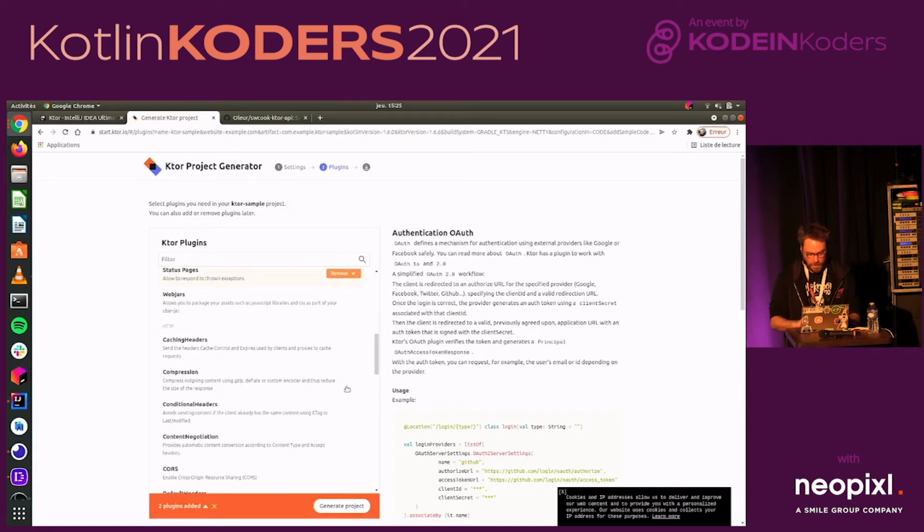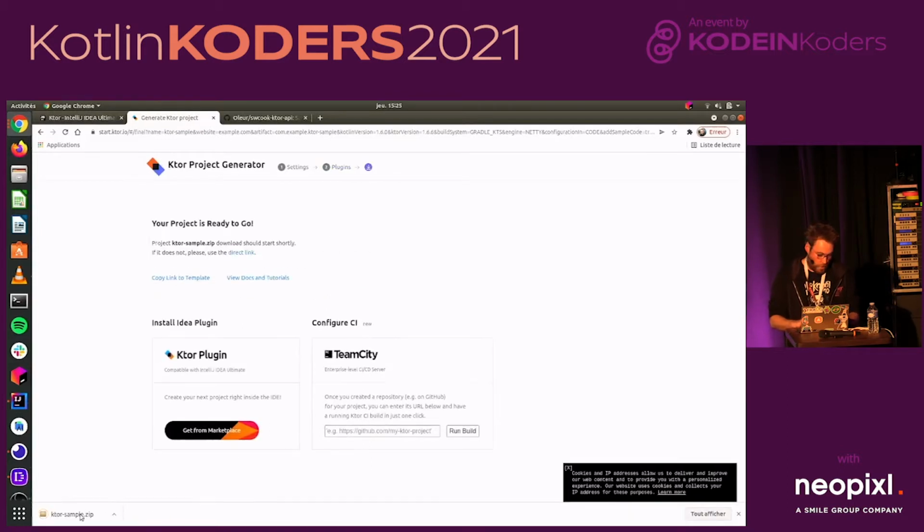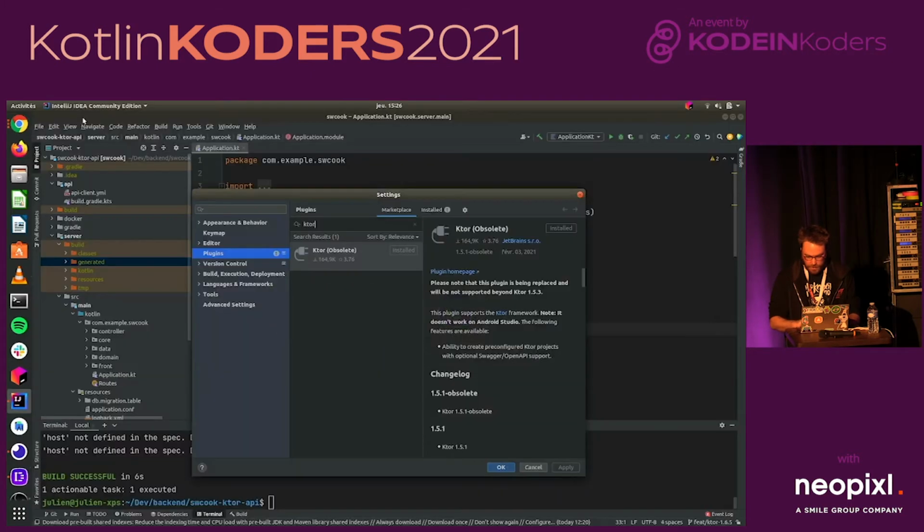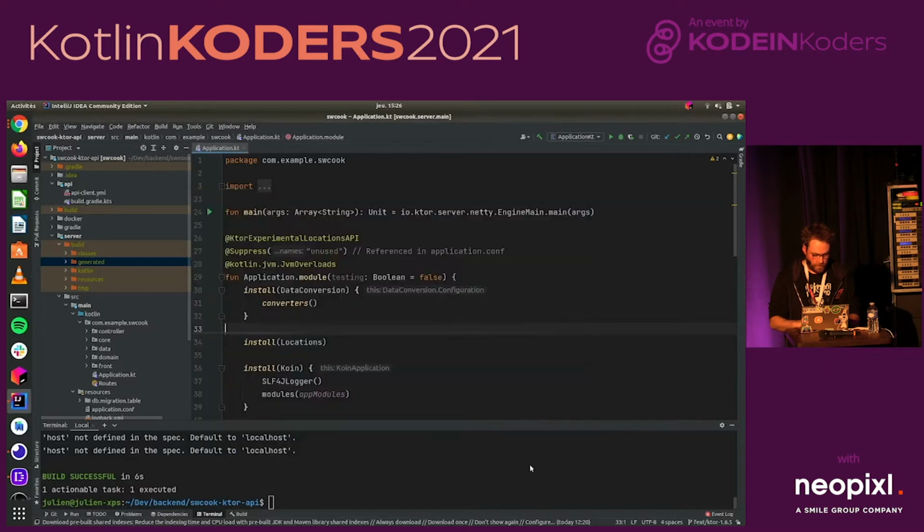And then you can export the project, and it will be downloaded as a zip. That's maybe the only option if you want to have the latest version of Ktor to kickstart a new project. But for the sample, I'm going to go back to IntelliJ and just build an old one with the deprecated